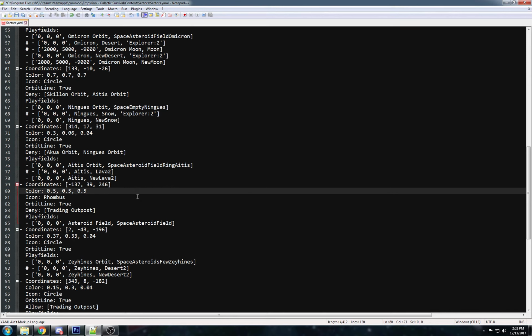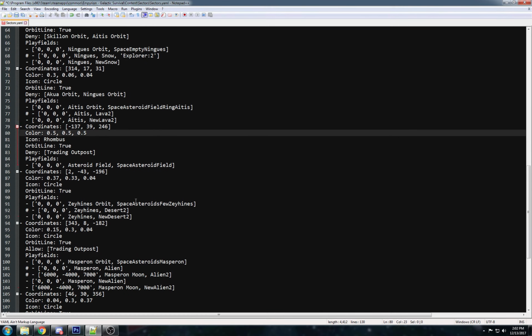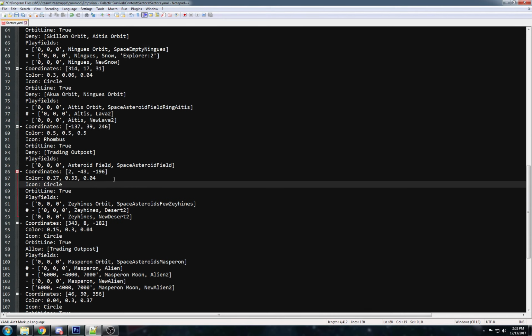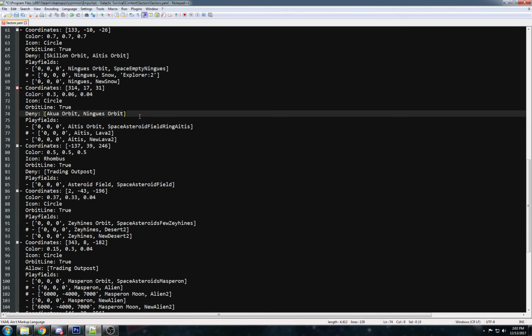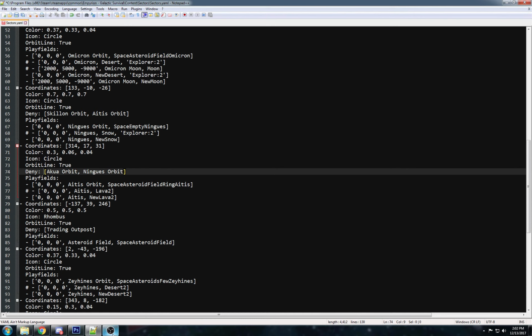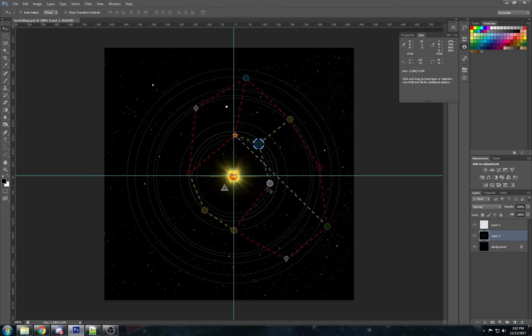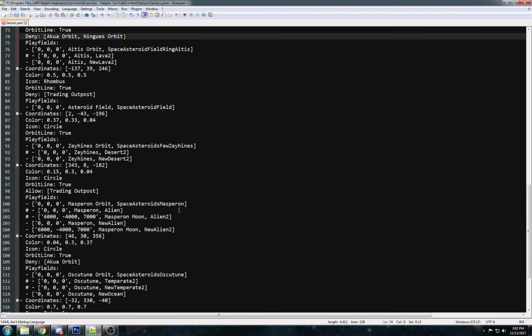We're going to go back to here. Now, the last part of these playfields and these sectors is the allow and deny functionality. So the game will automatically connect playfields that are close enough to one another. Okay? By close enough, I mean within one jump. So I think this was Masperoon, and this was the trade depot. If we go to Masperoon, we'll find kind of a weird